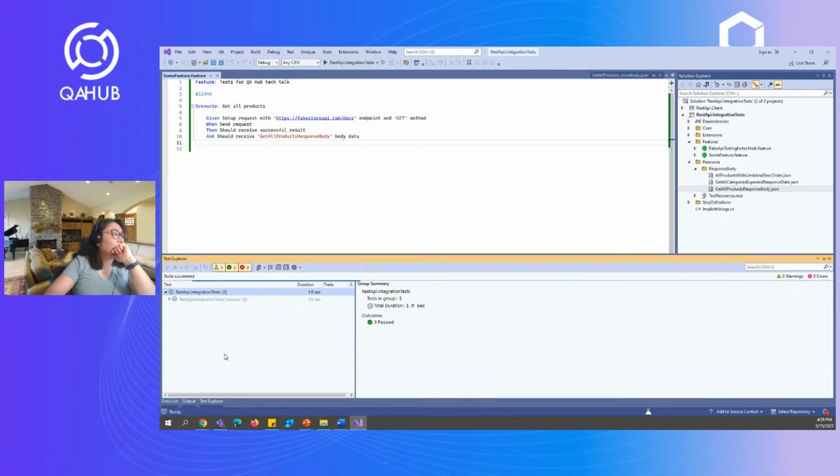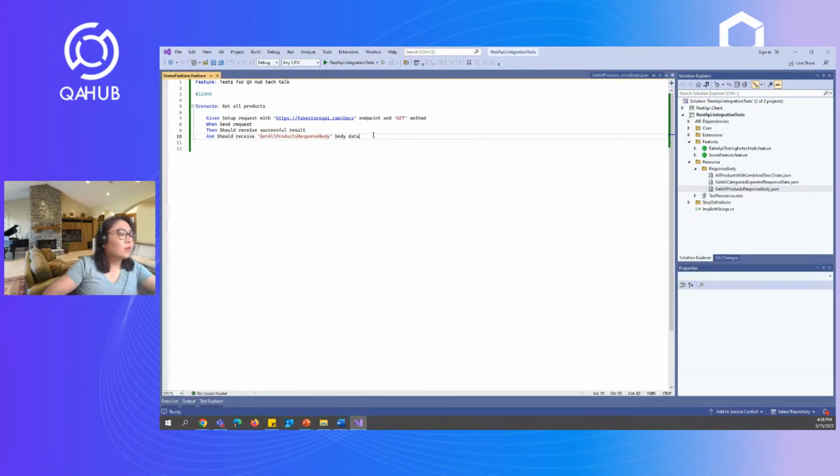So the build is succeeded, and now it should run. Oh, something is not correct. Interesting. Let's check. What is it? What did I make wrong? Should receive send request. Let's check. Successful and should receive. I suppose that all is correct. What is wrong? Given setup request, and